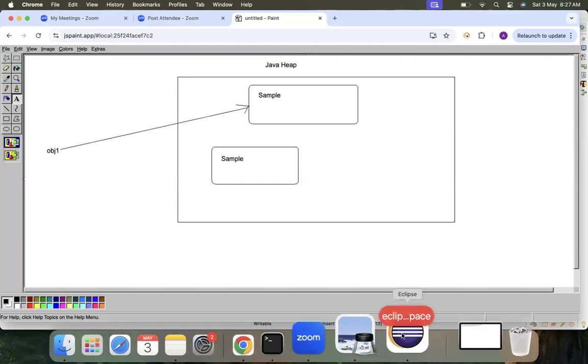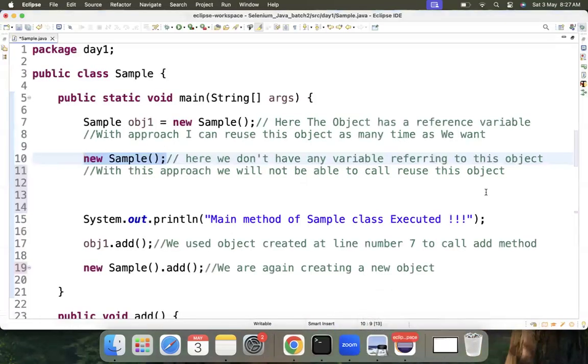One question, sir. Can we create an object with the same reference variable again and again? I mean, a duplicate object with the same reference variable. No, we cannot. So what will happen in that case? Let's say